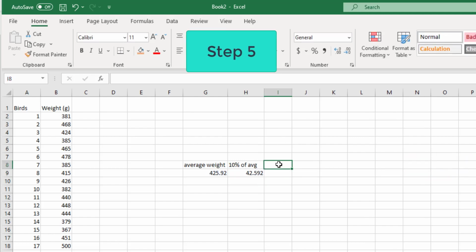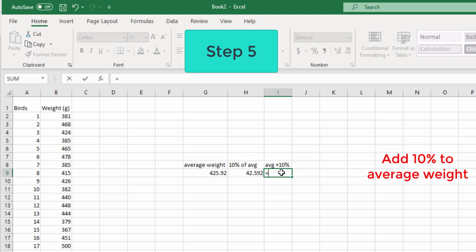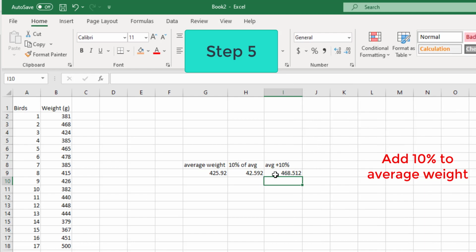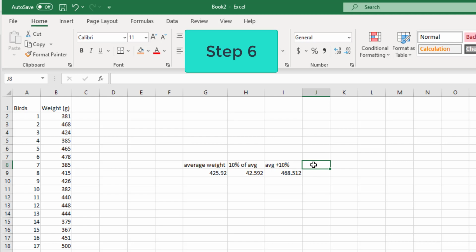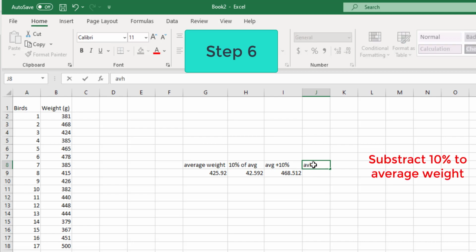Now we will add 10% to average body weight. We will use this formula to calculate. So it comes to 468.512. Step 6 is subtracting 10% from average body weight. We will do that by using this formula. So this comes to